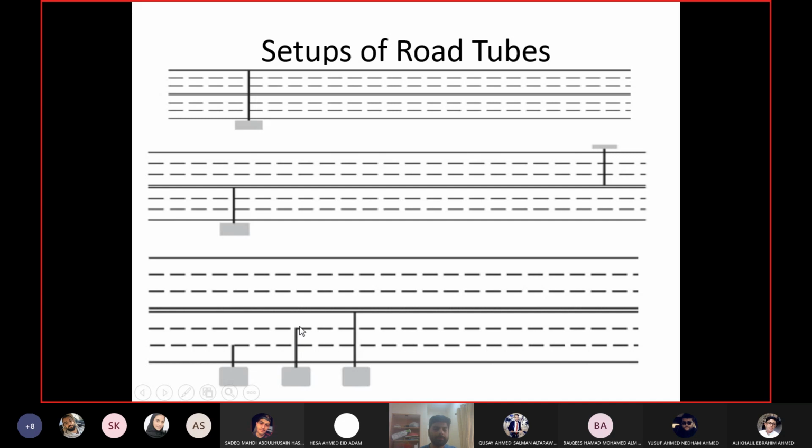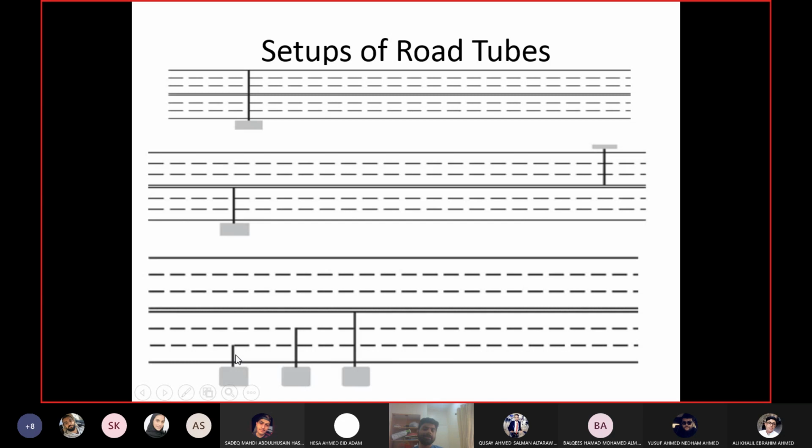What about the middle lane? If I want the count for the middle lane, can I put the tube here? Then where would I put the counter? There's no place to put the counter here. So the road tube will still record the data for 2 lanes now. It will record the data for the first 2 lanes on the right hand side, because I want to place the counter on the edge of the road. And if it's a 3-lane road, then the counter will be on the edge of the road, and the tube will cover all the 3 lanes.